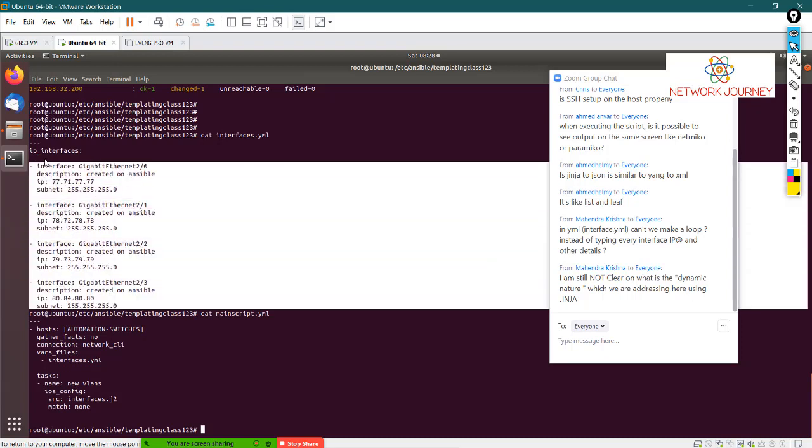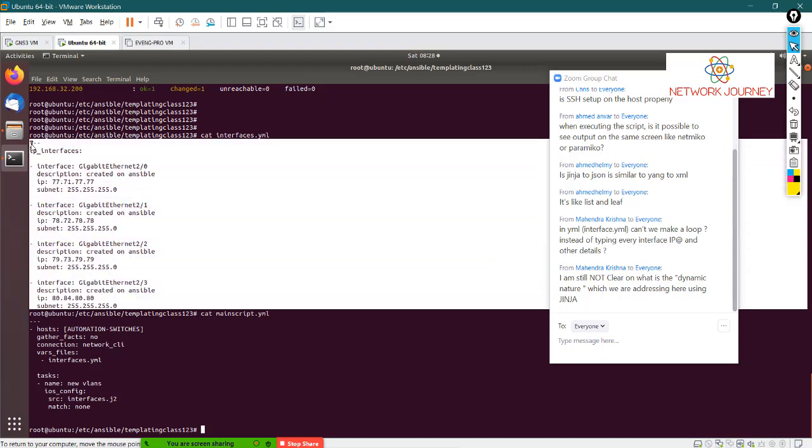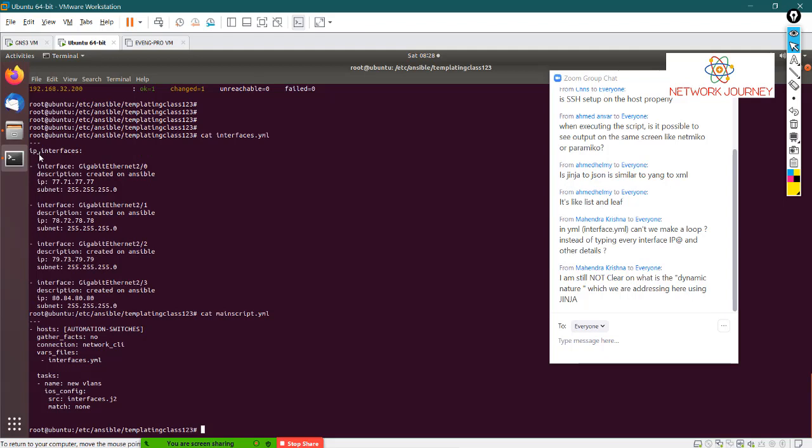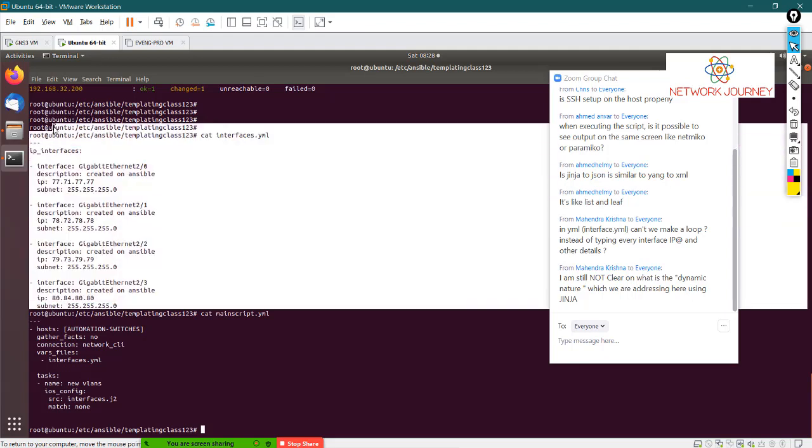So this is like a normal text file. You place it on your Ansible server and you are able to execute. So the data can change every time. This is not something I will use in the next attempt; in the next attempt, the data might be something else. So in that case, I don't have to tamper with my main script or the template. Those are predefined. But in the static case, everything is in the same script.